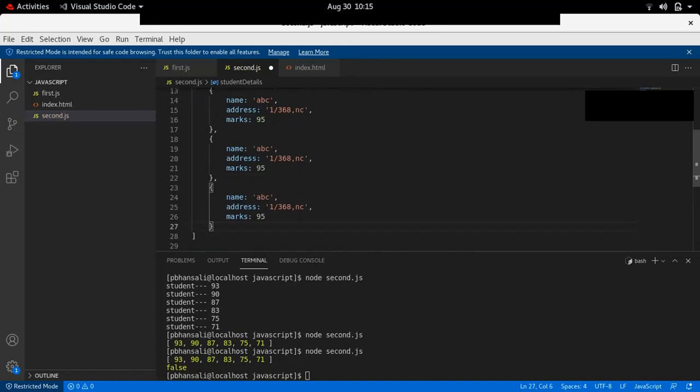Similarly, I'll make more objects, and the name is changed in each.